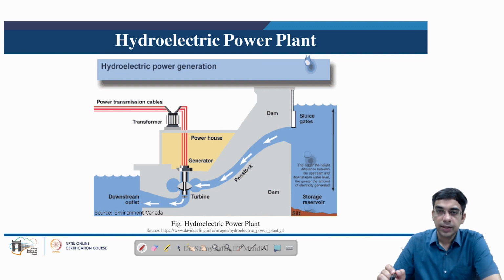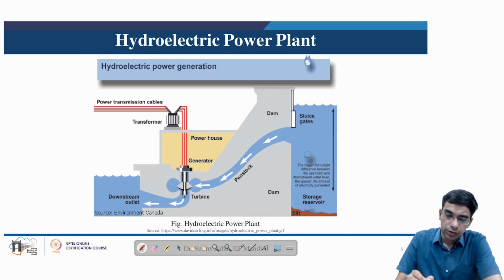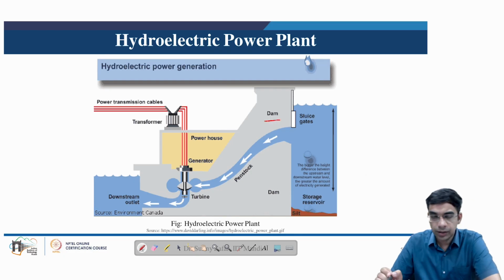So selection of the turbine is dependent on several parameters such as what is the water head available, what is the flow rate of the water, what is the capacity of the hydropower turbine, and so on and so forth. So the basic structure of any hydropower plant looks similar, wherein we have a dam. So this dam is created using concrete, reinforced concrete structures. Basically, behind the dam we have a storage reservoir in which the water is stored. So now it is desired that the storage reservoir should always be filled at an optimum water level, and for this generally the construction of dams is done in areas where we have a perennial supply of water.